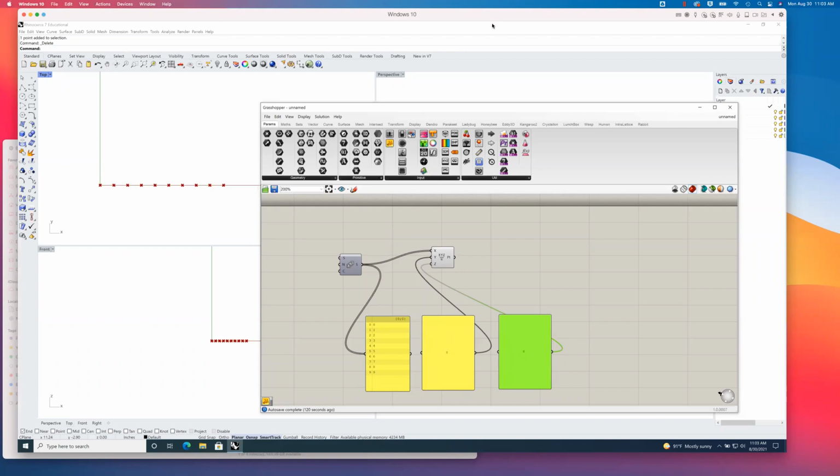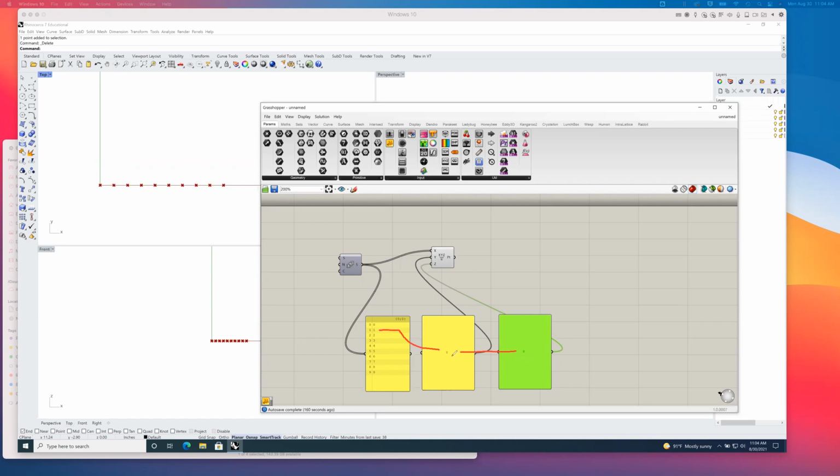So the way it matches these things up by default is it'll take the first value here and match it up with the first value here and the first value here, right? So 0, 0, 0. And lo and behold, we have a point at 0, 0, 0, right? Not a big surprise. Now, what it does is it'll try to match up the second value with the second value from this list, and the second value from this list, right? But the problem with that is there's only one value here and here, right? Okay, so what it does is when it runs out of values in the other lists,